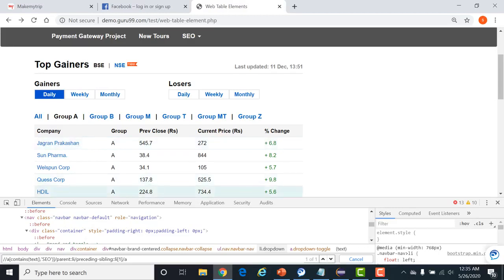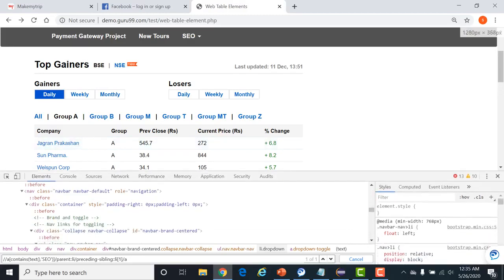So how are we going to identify this? This is one of the interview questions as well, guys. In interviews, this kind of question is asked: you have table data which is fixed. Usually that doesn't happen, but to know whether you have proper hands-on experience with preceding and preceding siblings, they ask this kind of question. The data available in the table is constant and not going to change, and with the help of that, can you identify the header details? So we are going to see that.